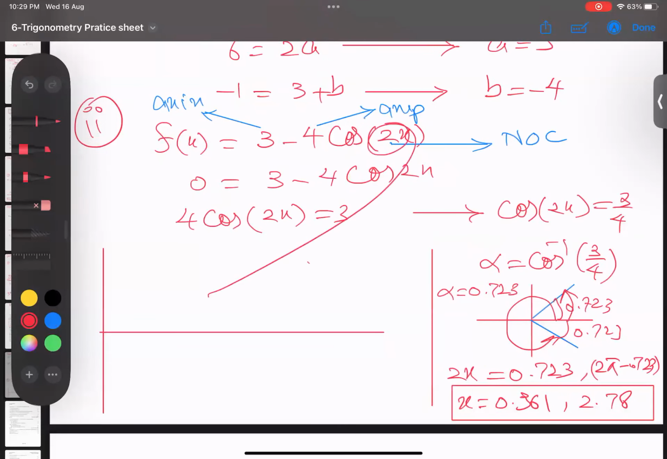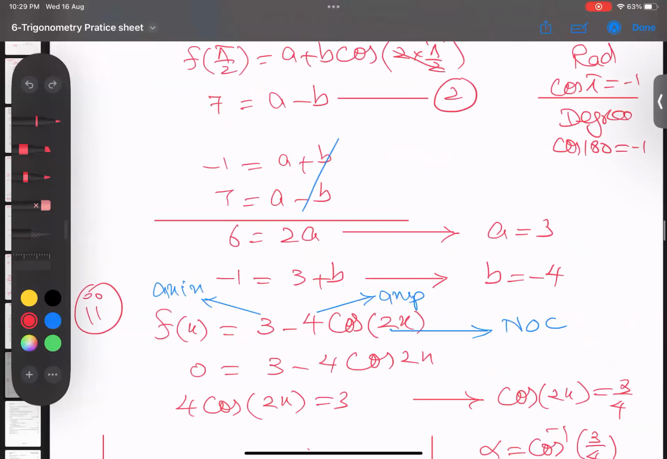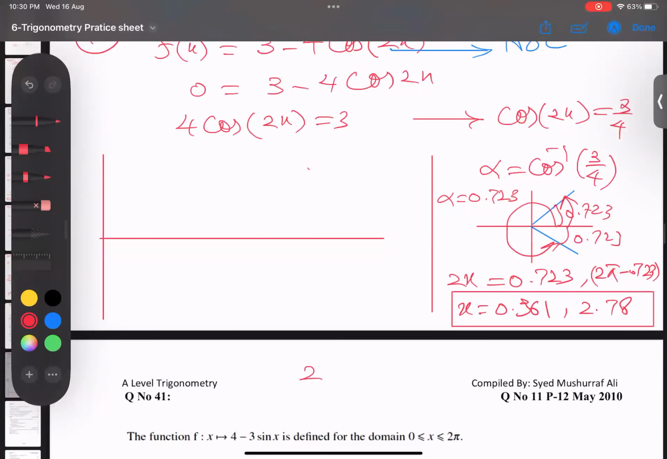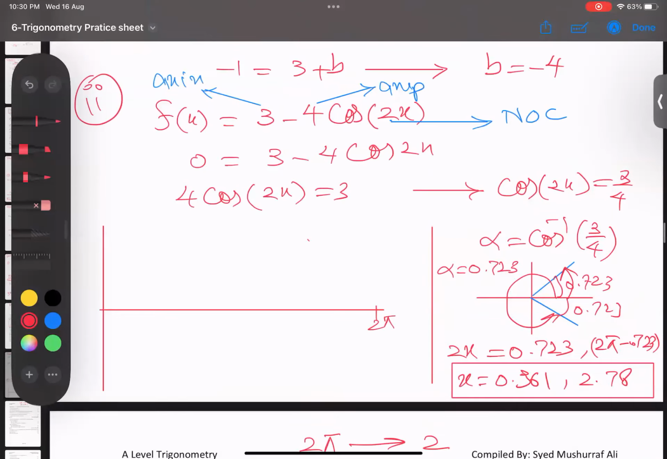Actually, this means 2 cycles in 360 degrees. Or I can say, look at this, students, I'm writing it at the top here. In 2 pi, we have 2 cycles. But in pi, we have 1 cycle. Why, sir? Because if I have a 2 here, in 2 pi, so you know, students, the cos curve will be like this,